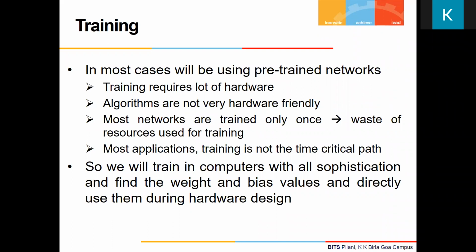So in those kinds of neural nets, training on hardware is quite challenging. And in most cases, we will not do training on pure hardware. Why? First of all, for training in hardware, we need additional circuitry for doing the training operation, and that requires a lot of hardware. So if I implement the circuit for training also inside, say, my FPGA, the size of the network that I can implement inside the FPGA will be very, very limited. So because of that, I will not attempt to do training on pure hardware.